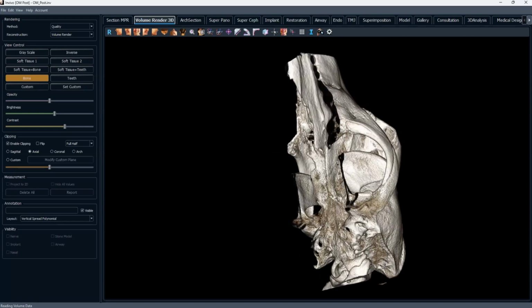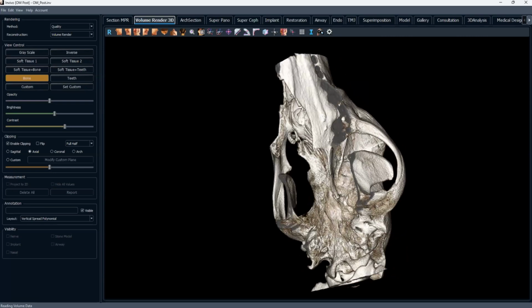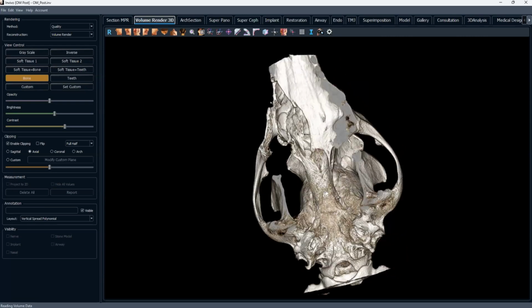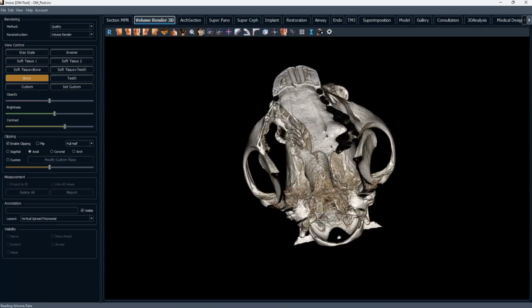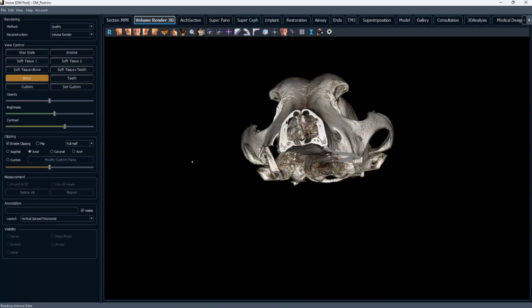But we can see we took this little notch out and then we stayed below. We didn't leave any tooth roots behind and we were able to completely spare the infraorbital canal. So there's your infraorbital canal uncovered but intact. And then we've got the whole thing out. And then